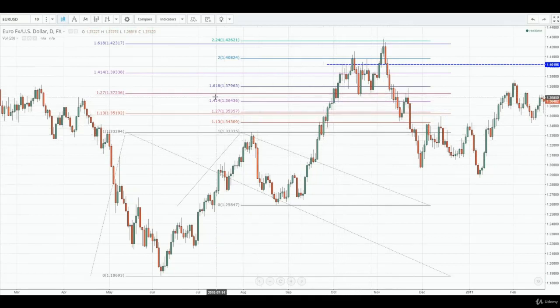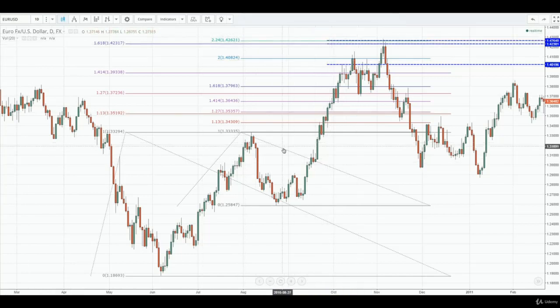So we're looking anywhere between the 1.27 to 1.618 of the AB, which comes in at the 37.23 all the way up to the 42.31, and we're looking for the convergence with that of the 1.618 to the 2.24. So you can see that 1.618 and the 2.24 converge right in the same area, and this is what we're looking for, to tell you the truth. We're looking for two of these that come in at the same area. So this is our PRZ area,